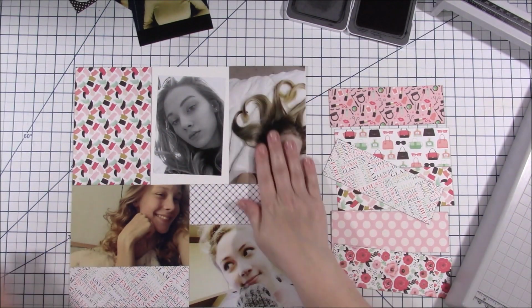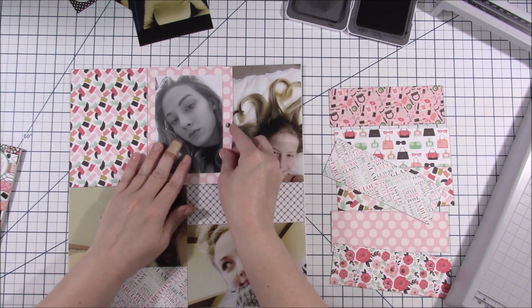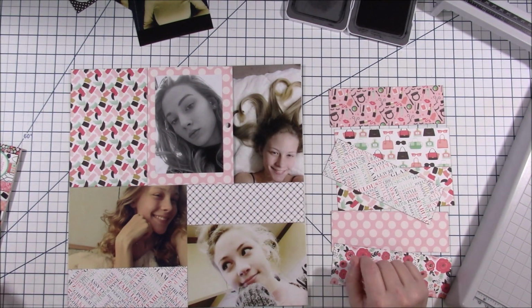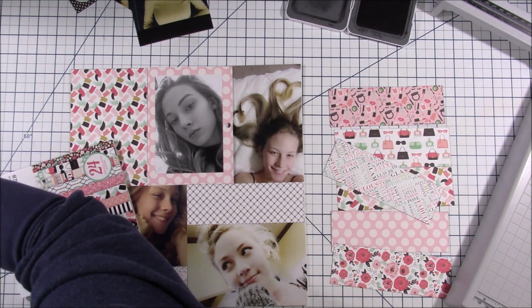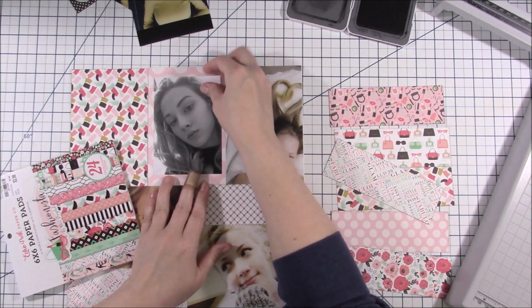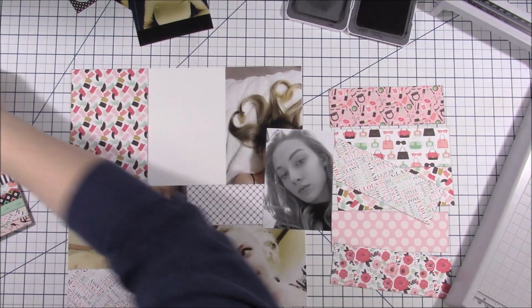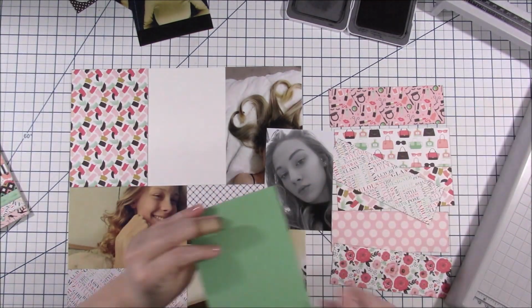You can see there's another one in the pile. Well, I decided I had that paint slosh mark pattern paper on the left-hand side to go behind my title, and I already had a strip on the right-hand side, so it would be okay if I went ahead and did that word pattern paper on the bottom and also have it on the right-hand